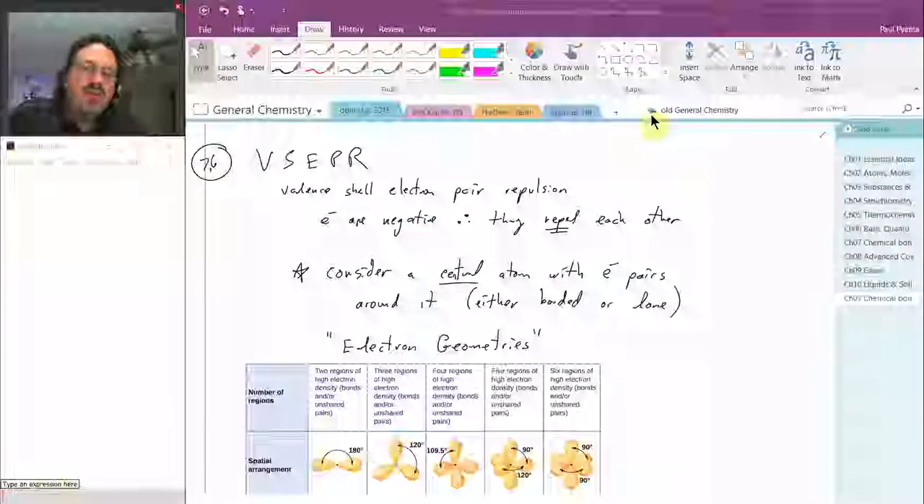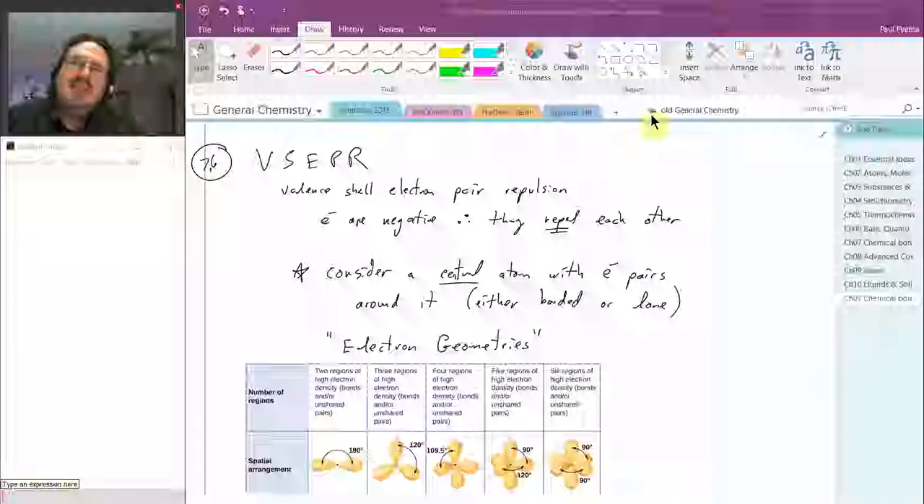VSEPR, which stands for Valence Shell Electron Pair Repulsion Theory. Sometimes we say VSEPR. Not quite right, I guess, right? But VSEPR. Here we finally get to the shape or the geometry of these molecules, what they would actually look